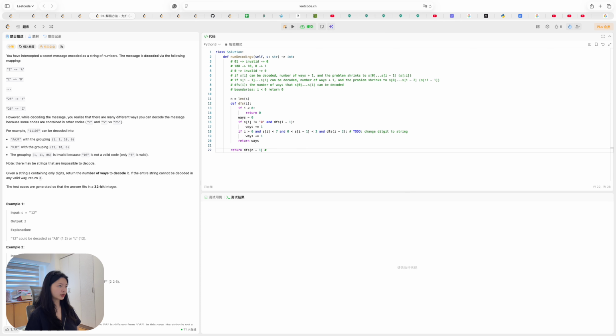I think I would like to try 92. Okay, if 92, then n is 2, so it will be dfs_1. So for dfs_1, if s1 at 1 is 2, and that's C, dfs_0. For dfs_0,